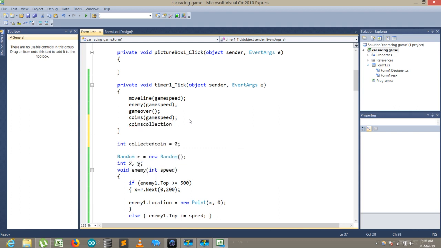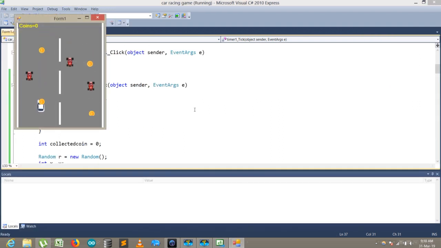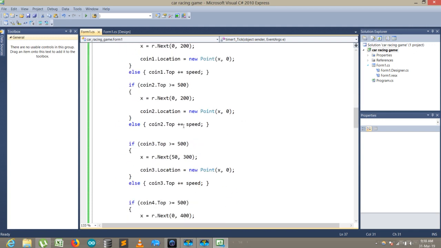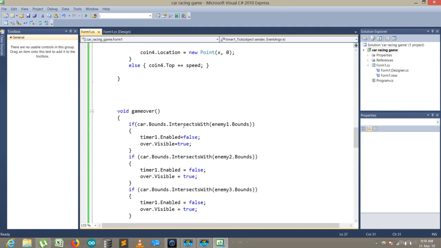Coin collection. Okay, now see, it's not working correctly, but why? Yeah, right, if card dot pointer intersect with coin,